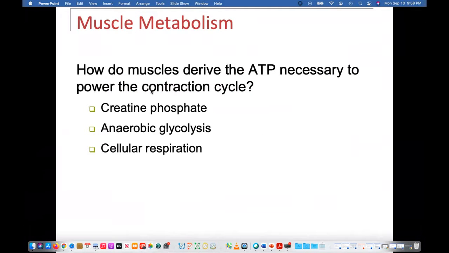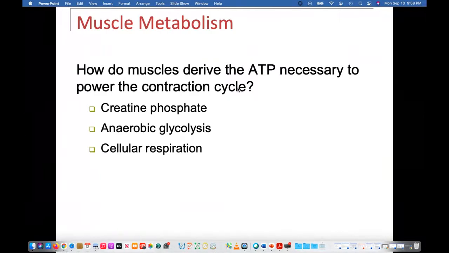mitochondria, aerobic respiration, anaerobic respiration, glucose, glycogen, glycolysis. These are terms that you're going to be hearing, and it's good to have and know what this vocabulary means. Okay, so how do muscles derive ATP